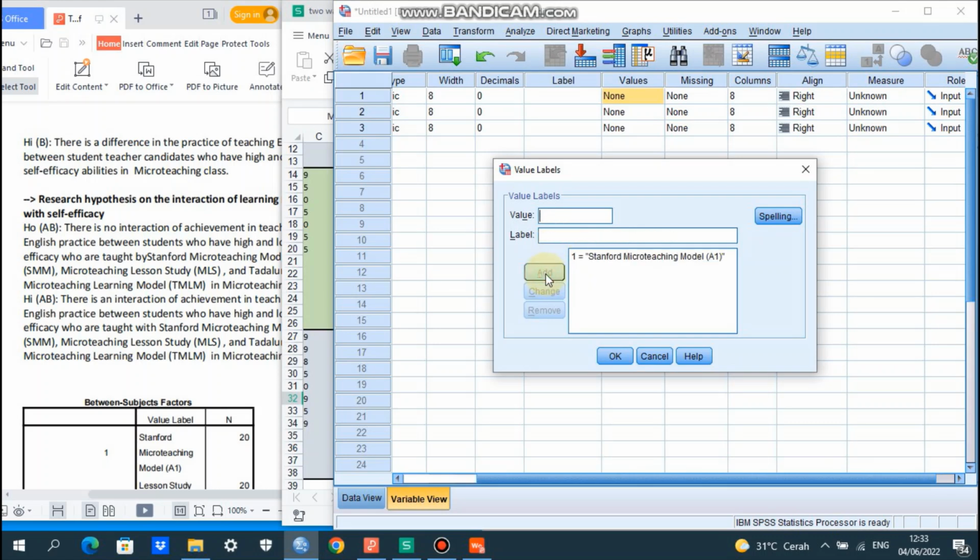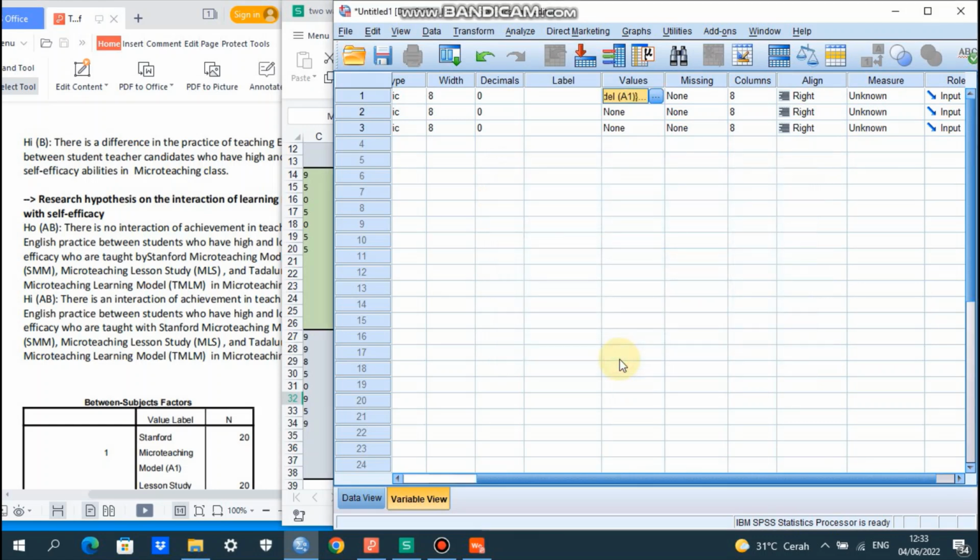And then number 2 is factor 2, micro teaching lesson study, or A2. And the next, number 3, we have the Tadaluring micro teaching learning model, or A3.